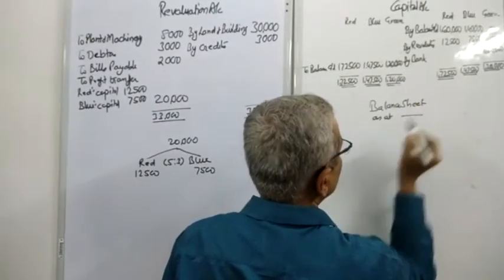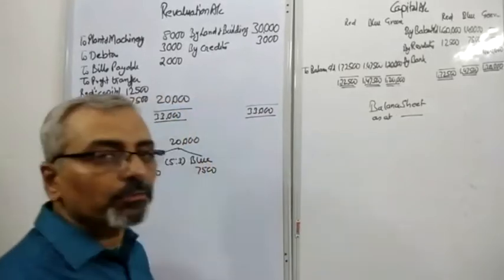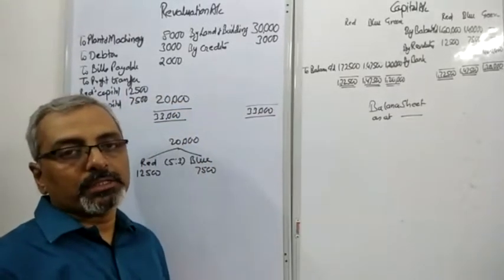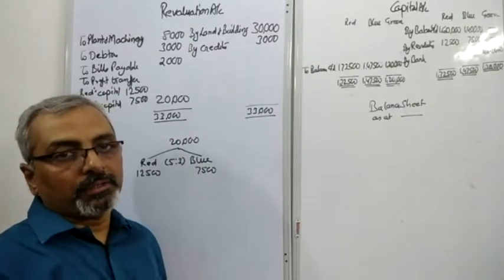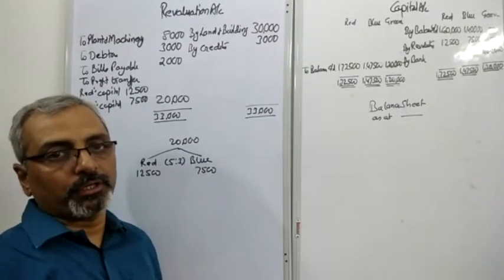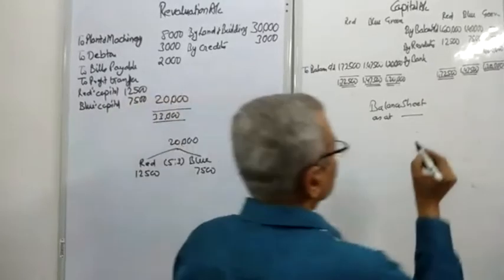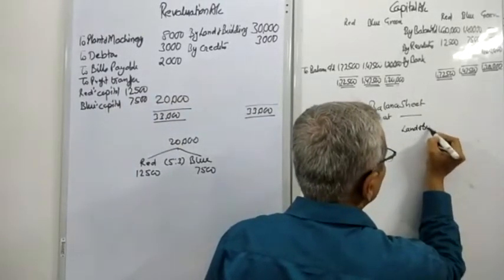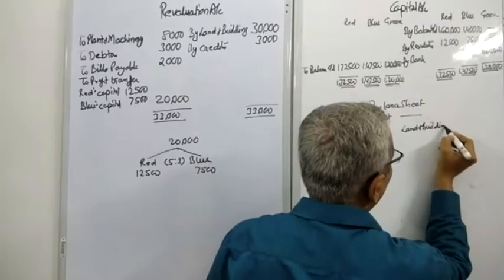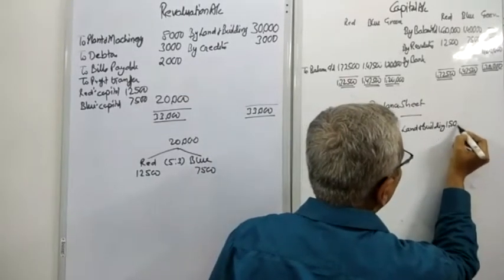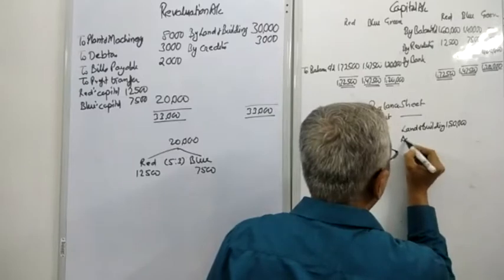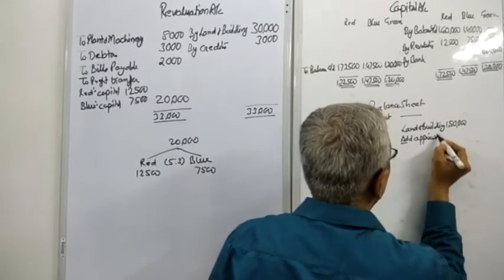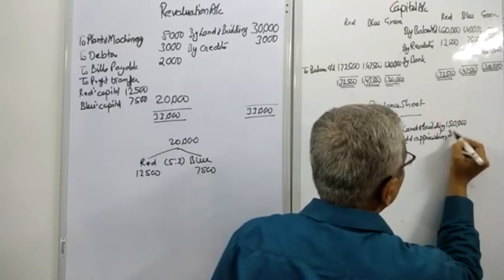As at, we start with the first asset, which is land and building, and it is given to us as 1,50,000, but there has been an appreciation of 30,000. So we'll write that land and building, inner column 1,50,000, add appreciation 30,000,